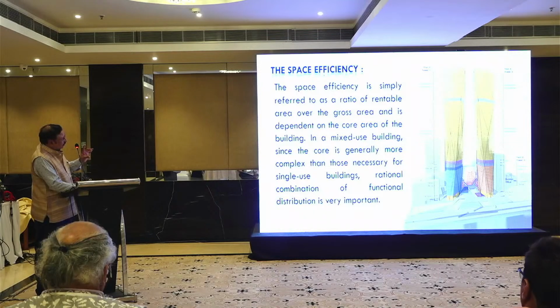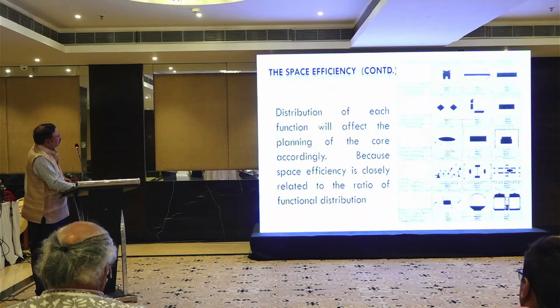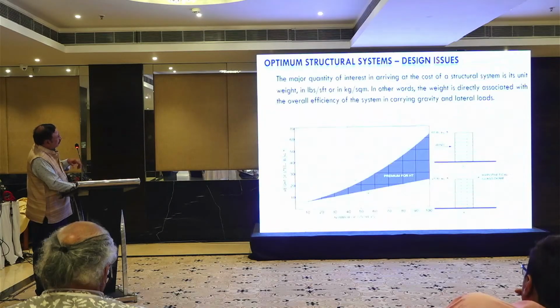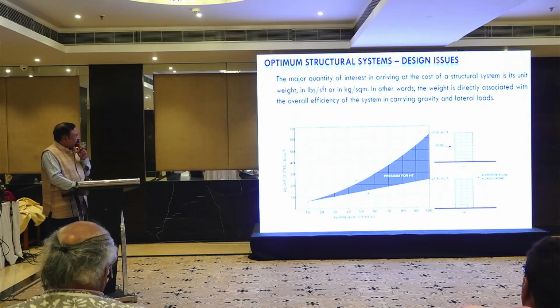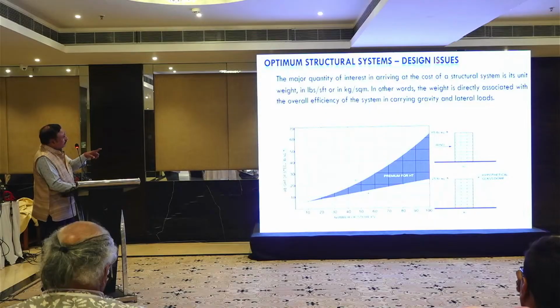So the bottom portion is for reception, the top is hotel lobby, restaurant, spa, residential, like that. Keeping in view the functional requirements, you have to design that, and that requires proper planning, shapes and all this. And he has done a study of the weight of steel with the number of stories,